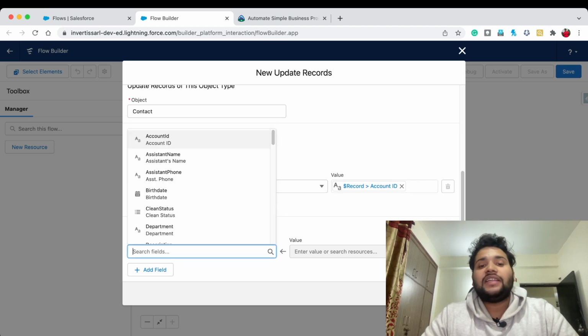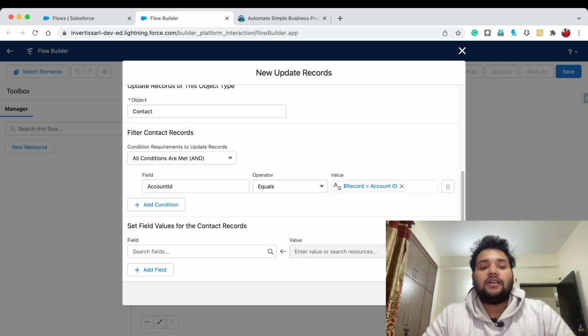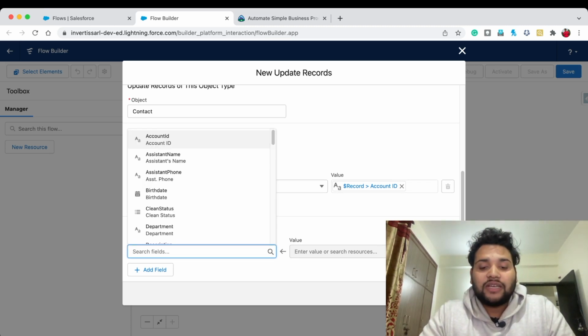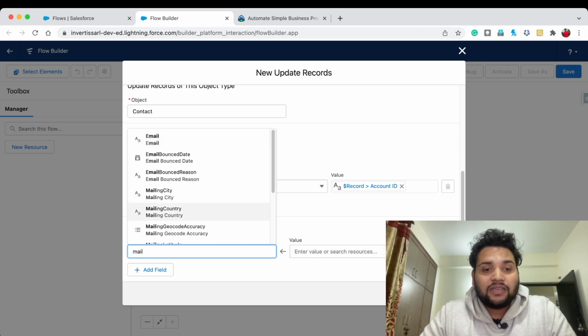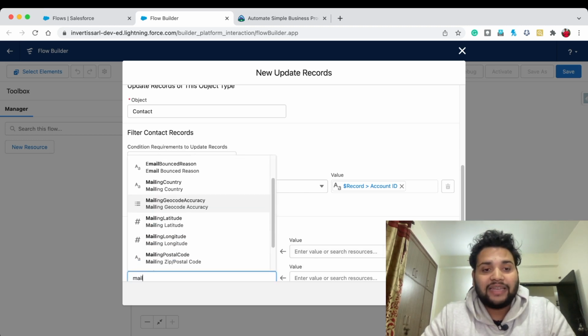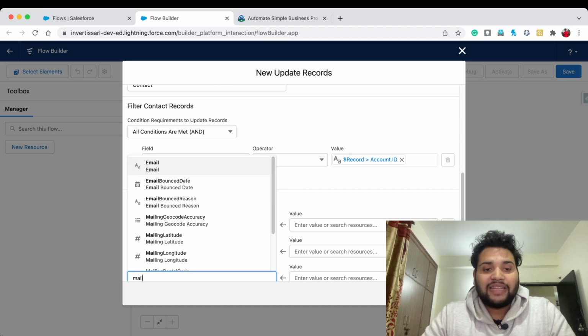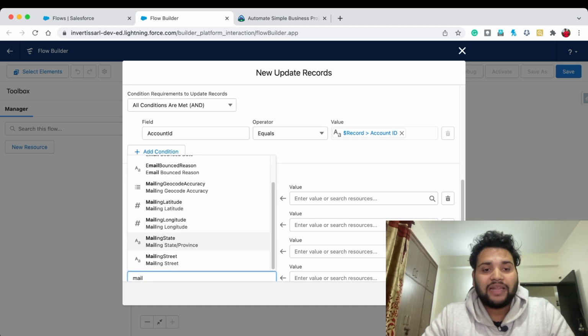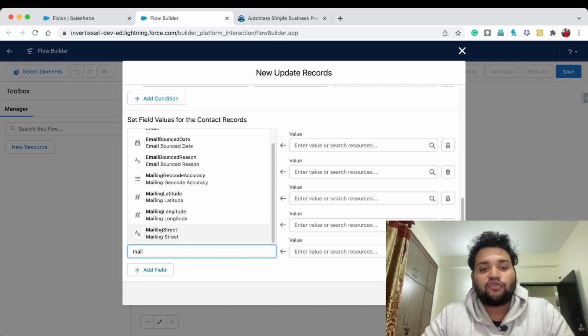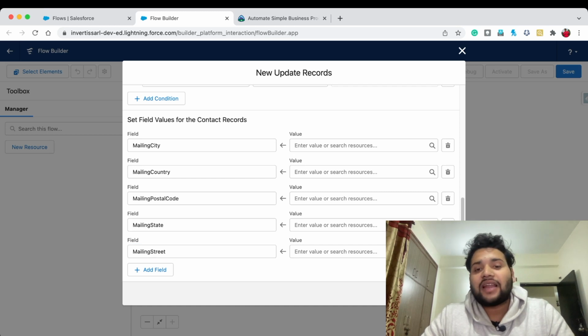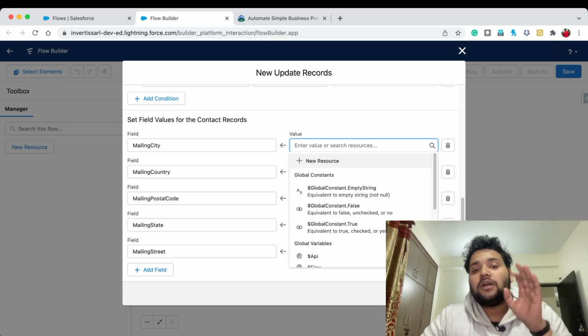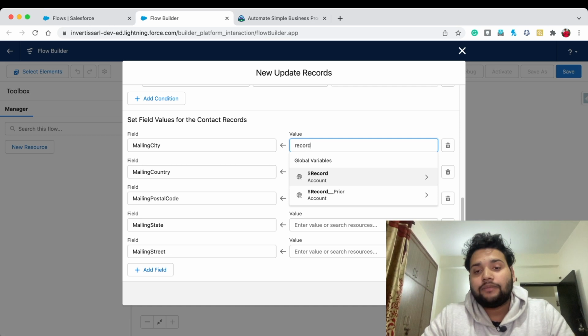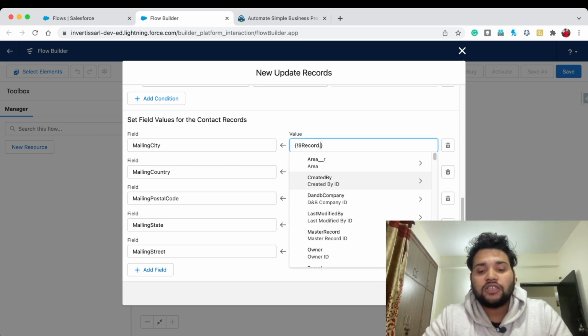Now in the field we need to simply map our field. So in mapping what we need to do is mailing city, mailing country, mailing postal code, mailing state and mailing street. Now simply in the right hand side we need to map record global variable dot shipping city.